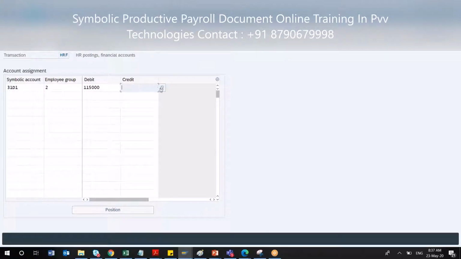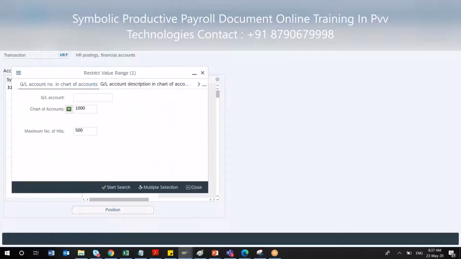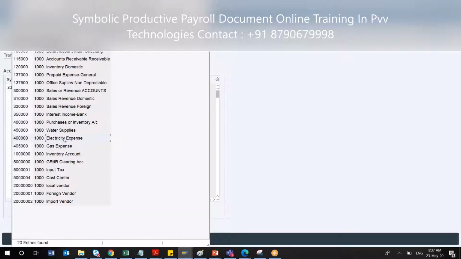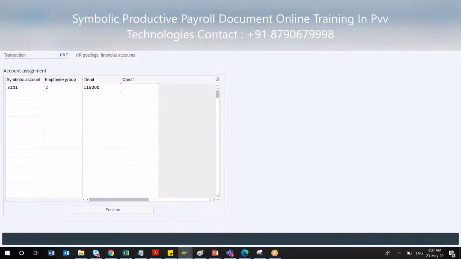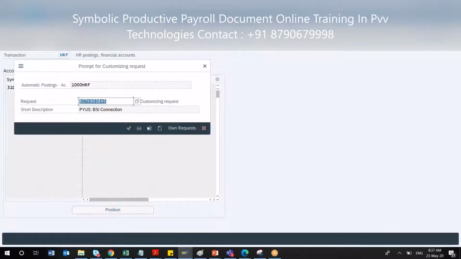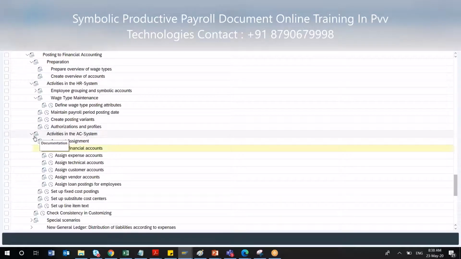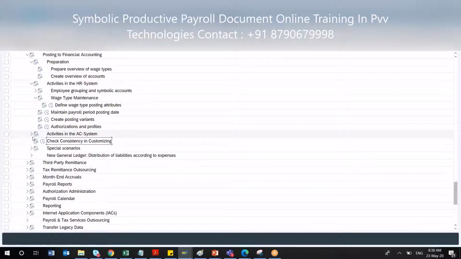Then you can mention those account numbers here. So in this way, your symbolic account is connected to the specific GL account. Okay, so here in this example, I'm just putting in random values, but this you have to define after discussing with your finance counterpart in your typical project. Once you have all this data in an Excel sheet, then you have to come to the system and configure it. Okay, so this is the way we do all this configuration regarding finance and accounting GL related scenarios.